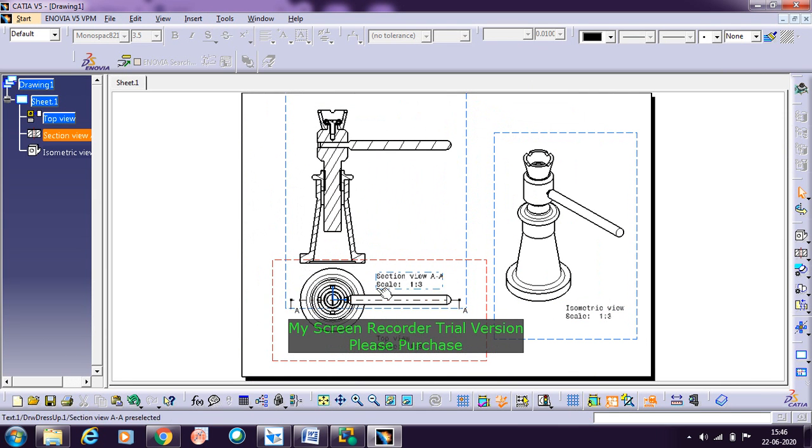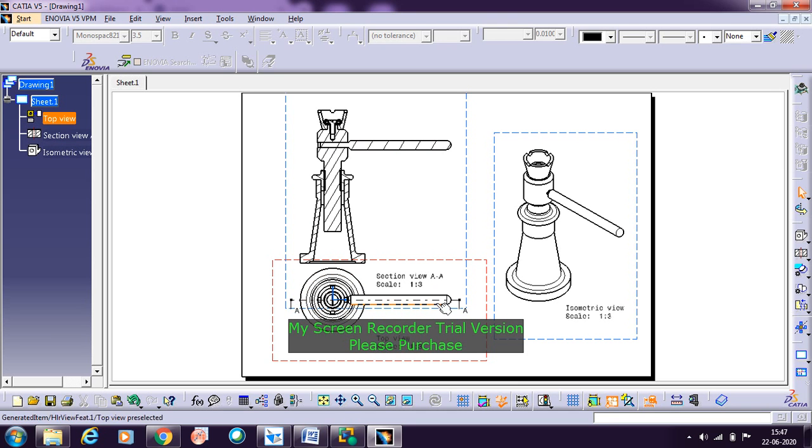So now we got the top view, the front view, and the isometric view for the screw jack. Similarly, you can go with the left half section and the right half section. When you remove the front left portion, that's called the left half section. When you remove the front portion towards the right side of this object, here it is, the right half section.